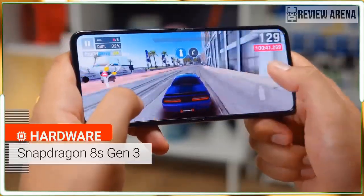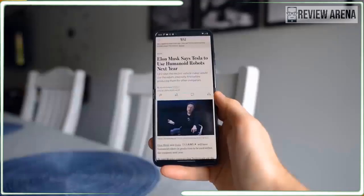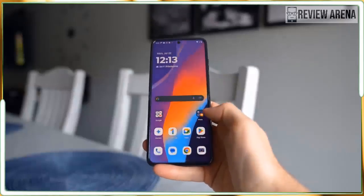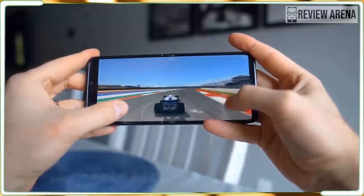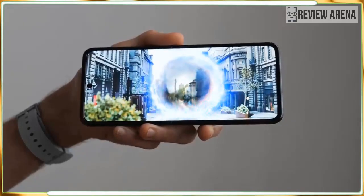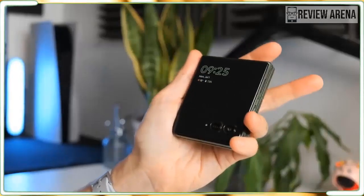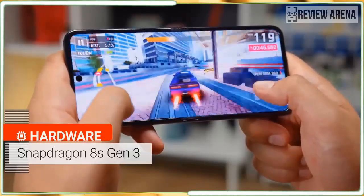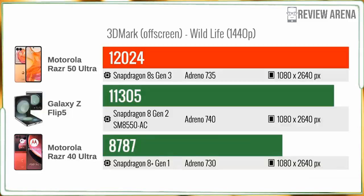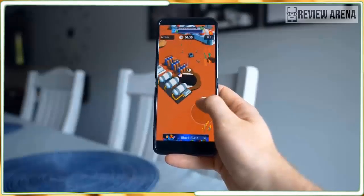The Motorola Razr Plus 2024 is the first phone launched with the new Qualcomm Snapdragon 8s Gen 3 chipset, and the S apparently stands for slower. In our benchmark tests, the Motorola Razr Plus 2024 landed closer to the Samsung Galaxy Z Flip 5, which uses a Snapdragon 8 Gen 2, than the Galaxy S24, which has the more powerful Snapdragon 8 Gen 3 for Galaxy. We are still putting the new Samsung Galaxy Z Flip 6 through testing, but it has the same processor inside as the Galaxy S24. Still, I had no trouble running any of my apps on the Motorola Razr Plus 2024